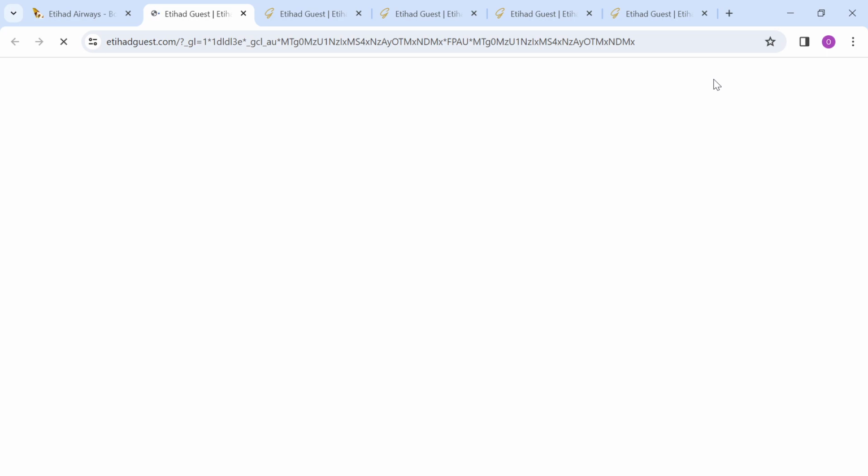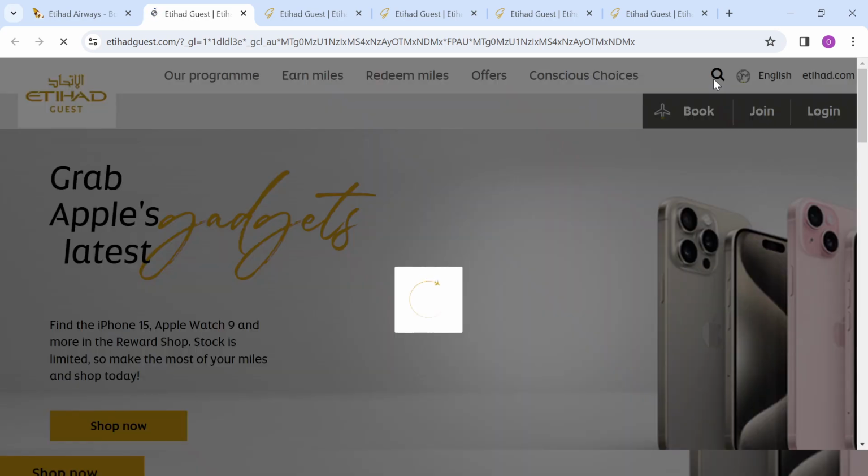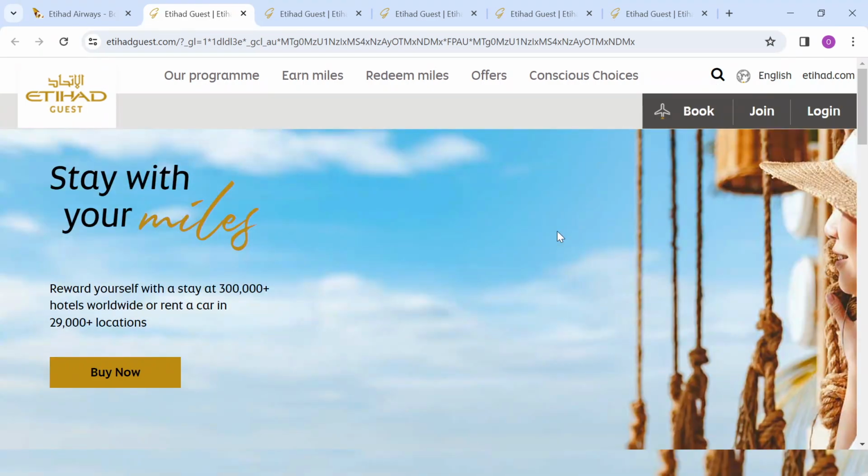Once you're on this page, you'll be patient, just like I'm waiting here for the page to load. So you have to be patient. Now the page has loaded. We are on the Etihad page now. At the upper part of the screen, you see options like our programs, you see earn miles. Simply click on redeem miles and wait for the page to load, since you want to claim missing miles